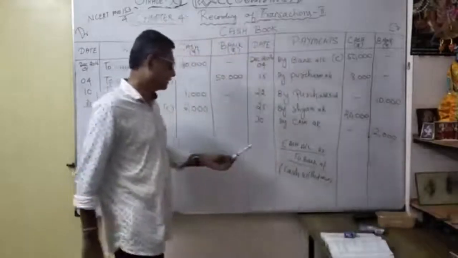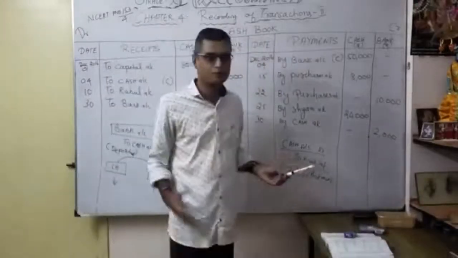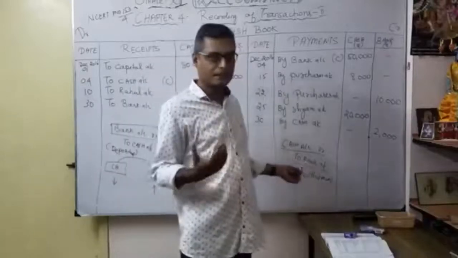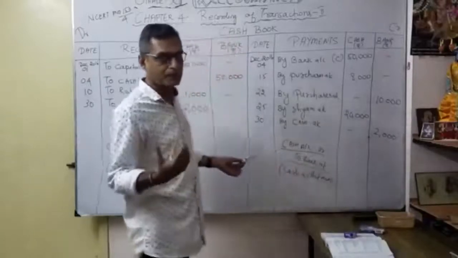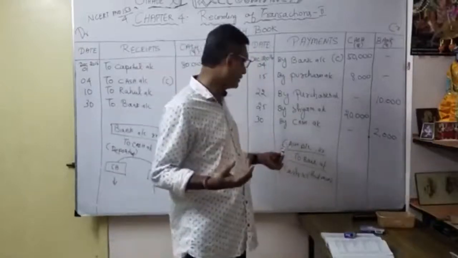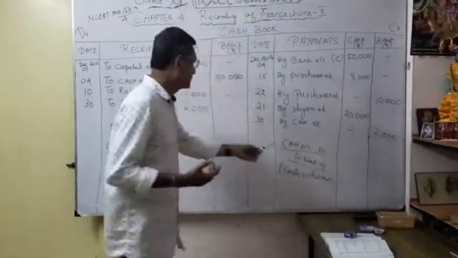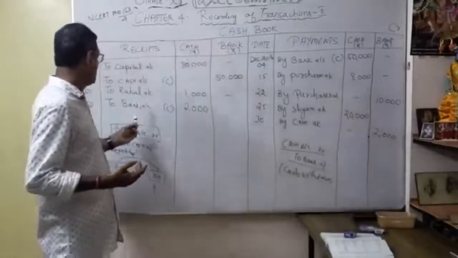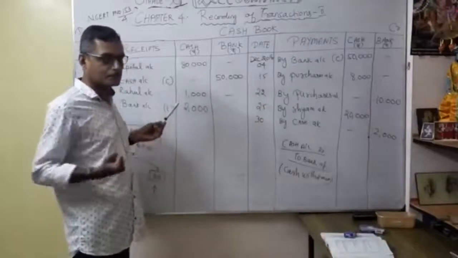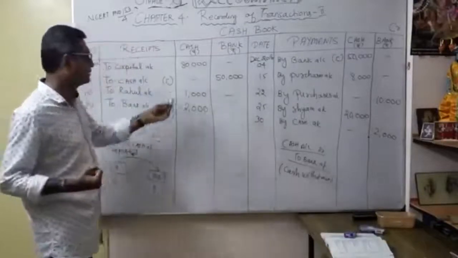I repeat once again. Cash account debit to bank account. That means cash comes in. Here the bank, as a person, any name of the bank, comes under a personal account. Here the real account, cash, comes in. So cash account debit to bank account 2,000. Our cash balance increased because it got cash from the bank.